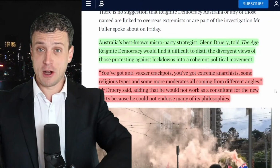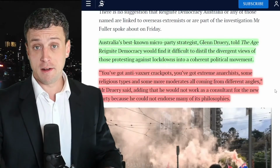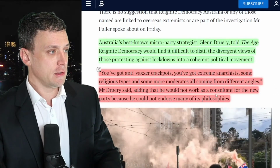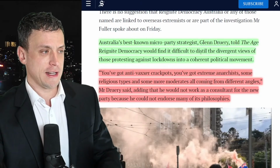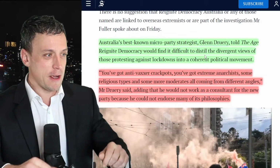And of course, that didn't go ahead, and that's why we've got Freedom Party of Victoria right now. But Glen Druery weighed in on our attempts at the time. Have a look at this. Australia's best known micro party strategist, or I think he prefers preference whisperer, but anyway, Glen Druery told